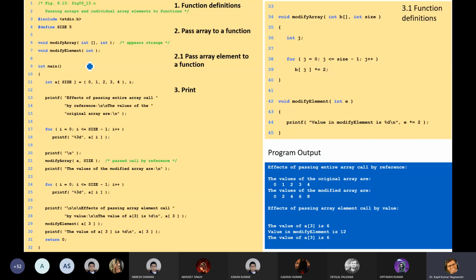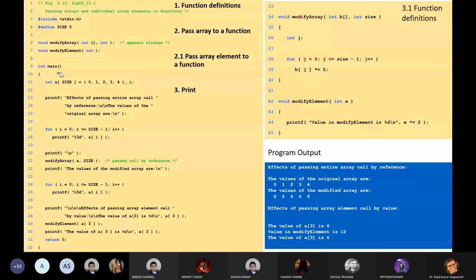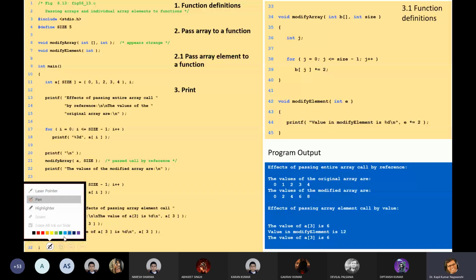Here in the main program, size is defined as 5.